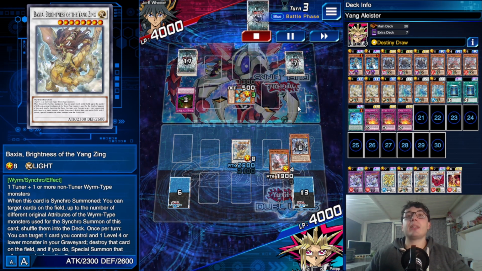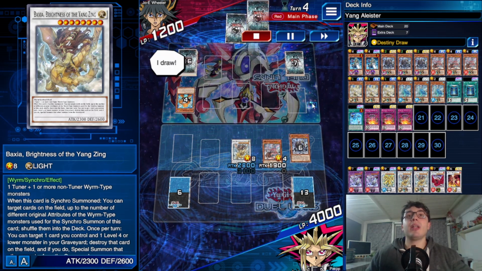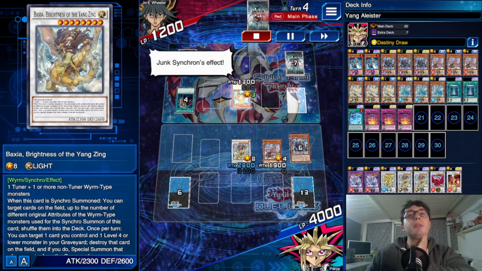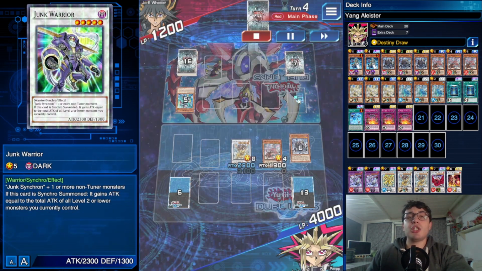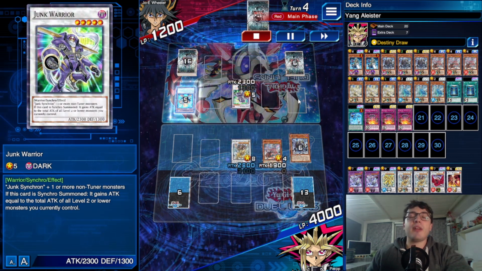So I used the effect. I still do not have lethal, unfortunately. I could deal some damage, but look at that, he actually had the Junk Warrior, so he could recycle the Junk Synchron and go with the combo straight away. As you can see right here, Junk Warrior to be summoned, then the effect of Junk Converter to